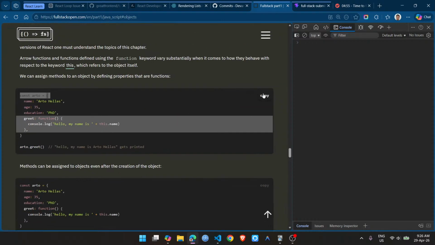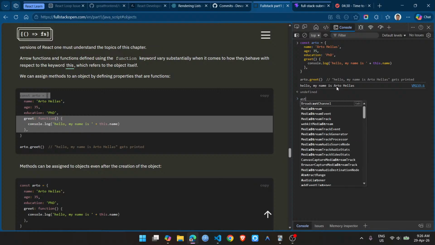So suppose we have this function called greet here, and will this work? Hello, my name is Astro Hellas. Okay, it worked. So all I have to do is, but what if I use astro dot